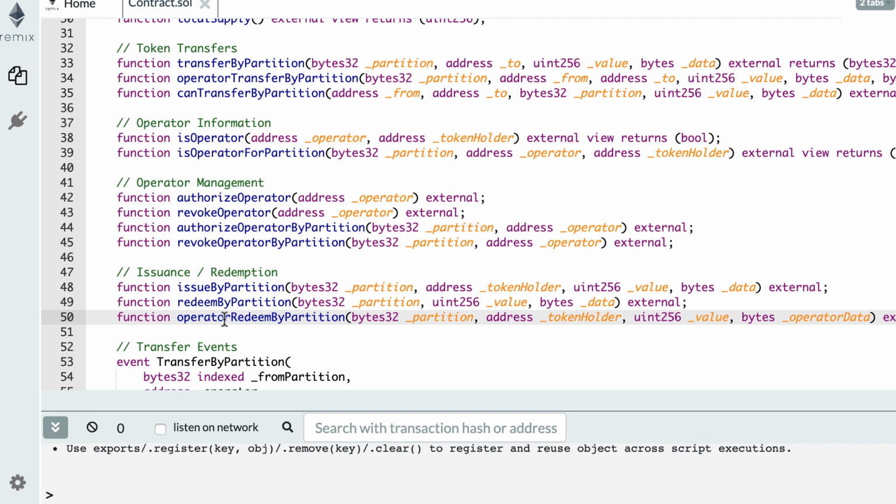Then once you have this partition in place, to do token transfer, you now need to use the transfer by partition function. So you specify which partition you want to transfer, then the recipient of the token and how much token, and then you specify some metadata if you need it. An operator can also transfer token on behalf of someone else. And you can also check if a transfer in a specific partition will work or not with this function, can